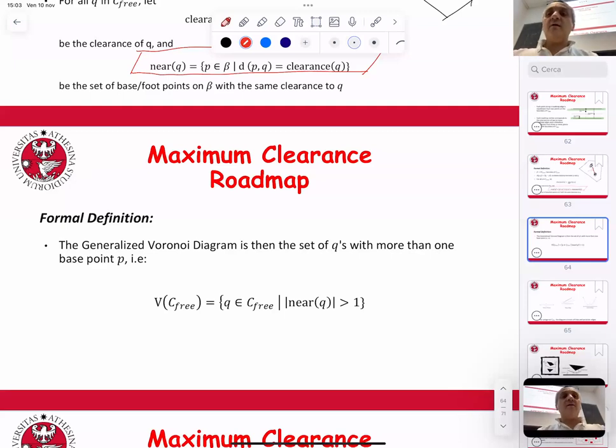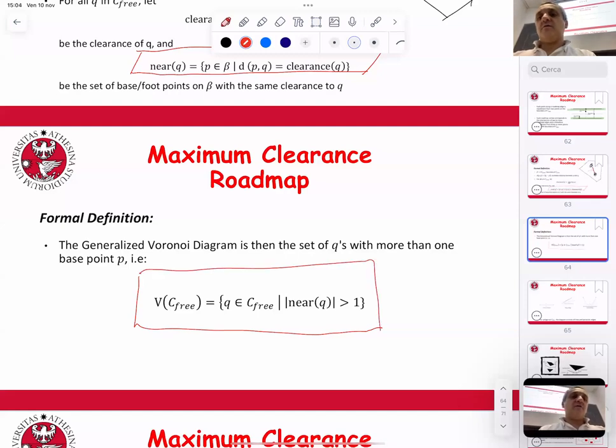It's defined as the portion of C3, okay, the area, the subset of C3, such that for each point belonging to this set, the set near, made of the points that are at clearance distance from this point, has a cardinality greater than